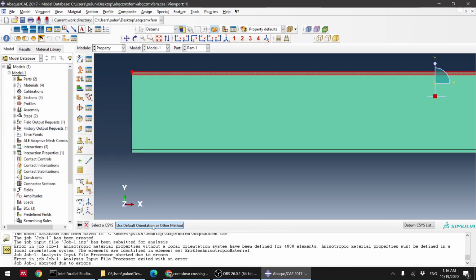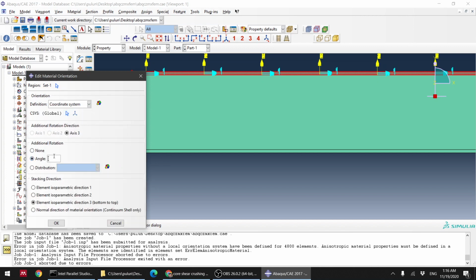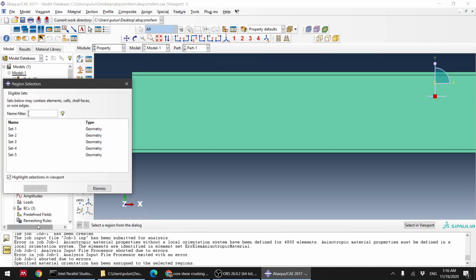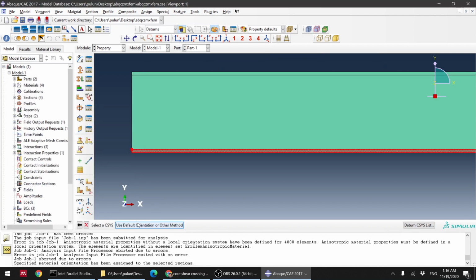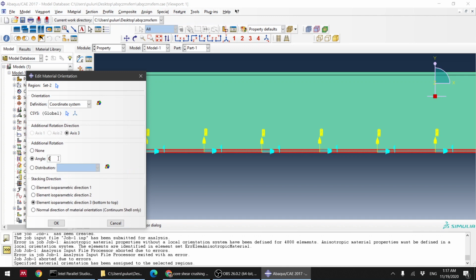Set one. We use coordinate angle 0. Okay, continue with current system. You can leave it like this, but I don't like that, because I want to get the Python script. If I just use it like this, my Python template will not give me the ability to change the angle. But if I use this and put 0, and later on, if I want to make it 90, I can simply change this one, because then Abaqus will give me output template for Abaqus